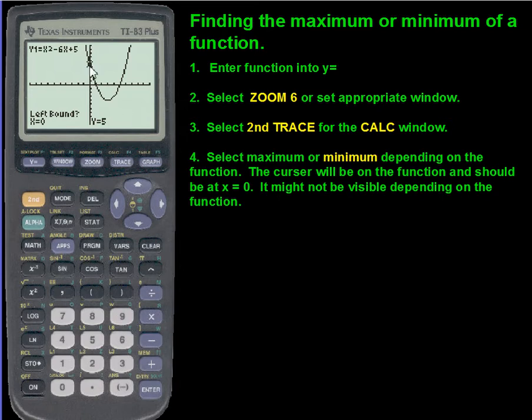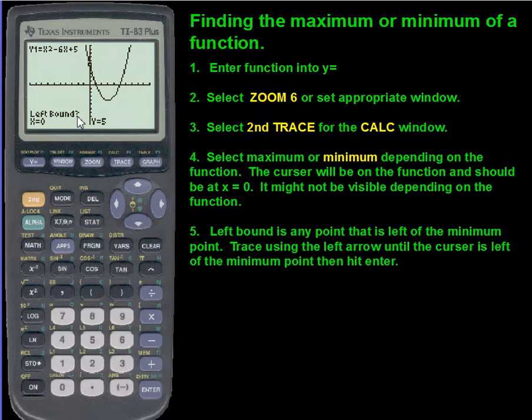You can see the cursor here flashing, and it is tracing along this parabola. So when I say trace, I do not mean hit the trace button. It's already tracing. It's got this function. If I had more than one function in the calculator, I would use these buttons to choose a different function. I'm not going to use these buttons because I only have this function in my calculator. It's asking me for left bound